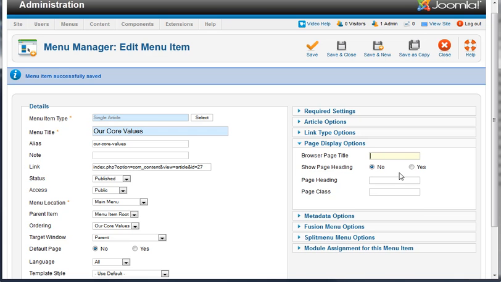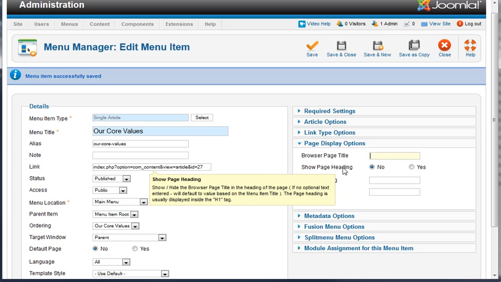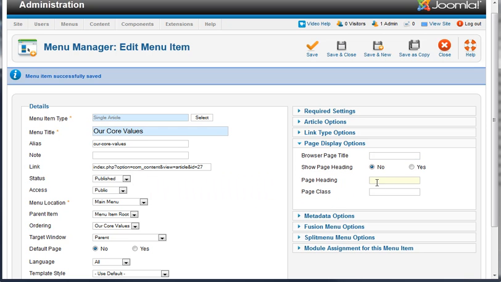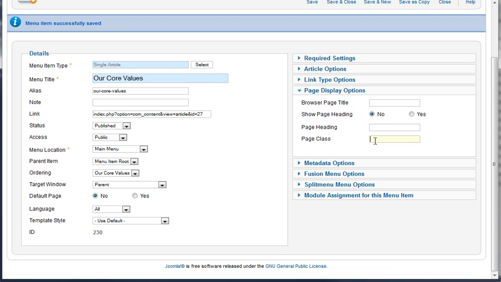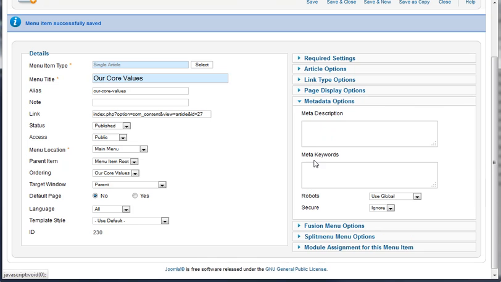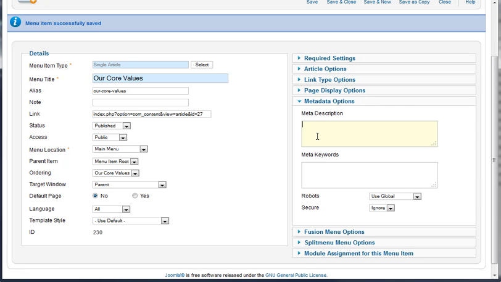so be mindful of that. You've got a show page heading here, and if you choose to use that, it's going to become the H1 tag on your page. And this is where you type that in right down here under page heading. And you've got a page class that you can provide as well for optional CSS class if you want to add any elements to the page. If you're going to do so, you can edit or add that CSS class to template.css and then reference it here. Metadata options, make sure again every page of your website has custom meta descriptions along with keywords as well,